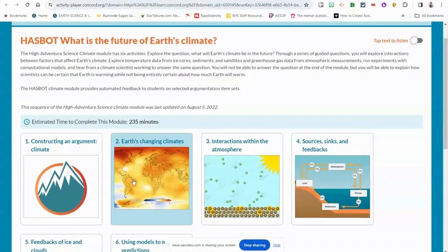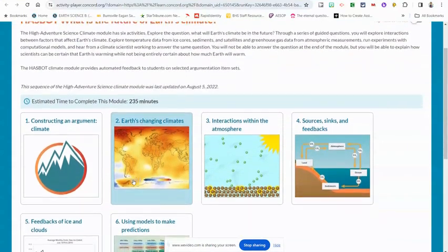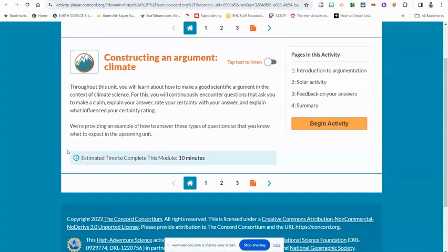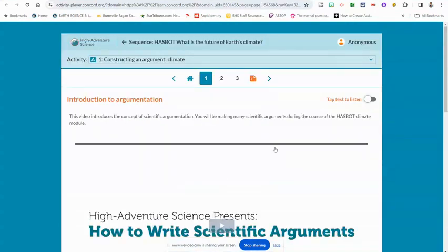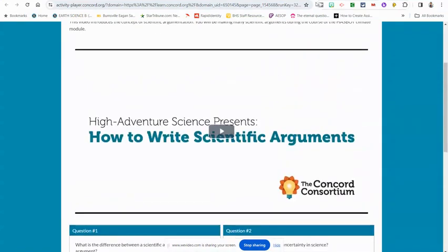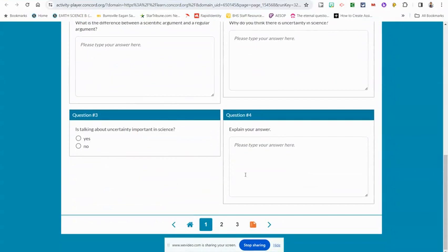So we're going to take a look at some data. We're going to look at evidence to try to determine what the future of our climate is. So I'm going to click Constructing an Argument. Now, we've already done page 1, so I'm going to skip page 1 if you're wondering what it is. That's where we saw the video where they're talking about the difference between a scientific argument and a regular argument, and we learned that scientific arguments require evidence. So we're going to omit this part for today, and we're going to go to the next one, which is